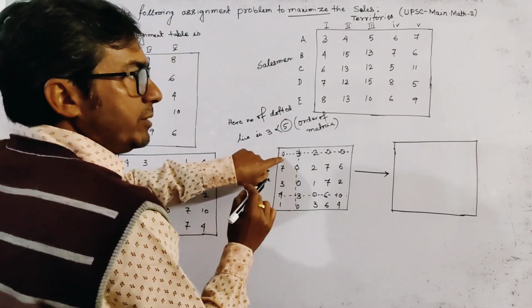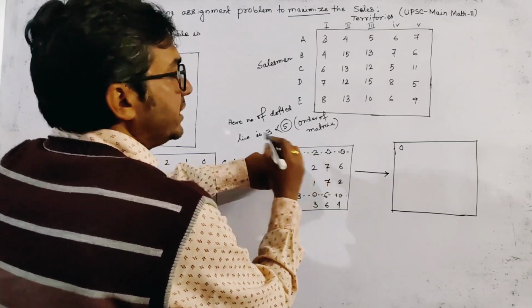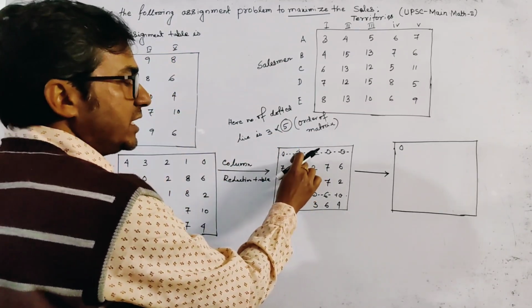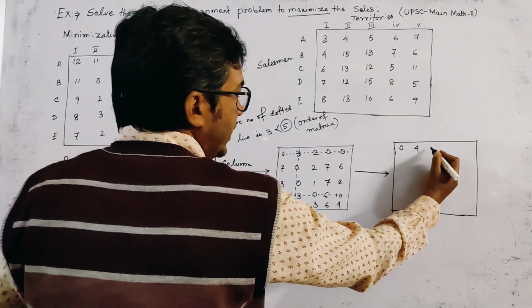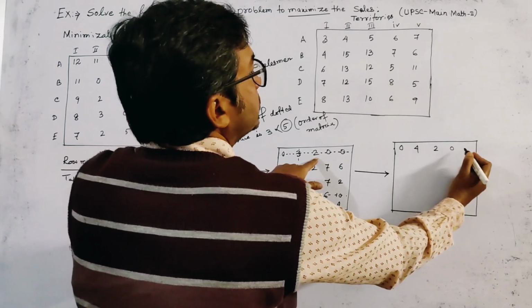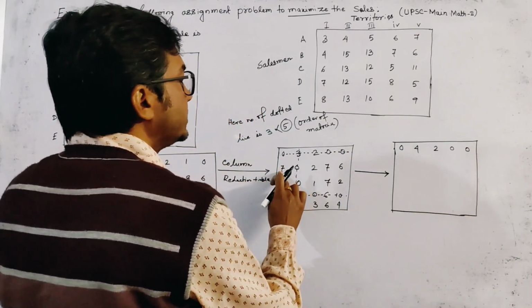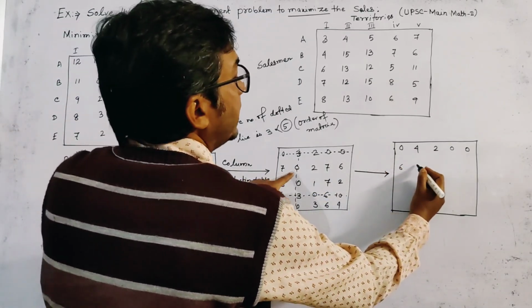Since this is a covered element, this is unchanged. Since this is the element in the intersection of two lines, we must add the least element. This is 1 with 3, so this becomes 4, and all the other covered elements are the same: 2, 0, 0, right? And we subtract from the uncovered elements, so 7 minus 1 is 6, and similarly this is